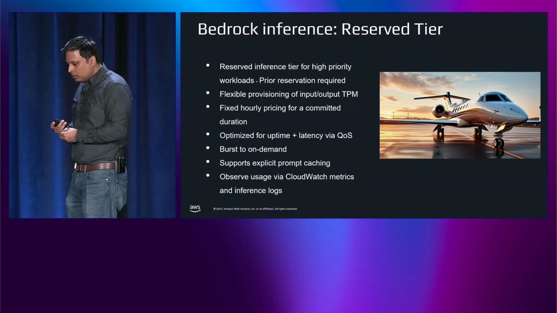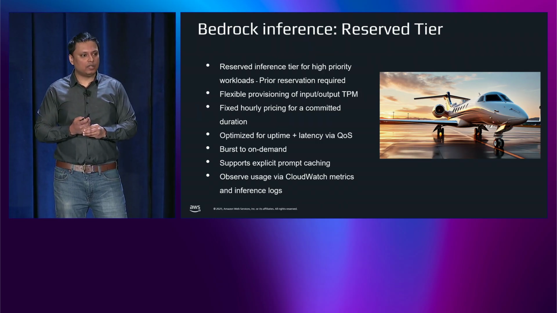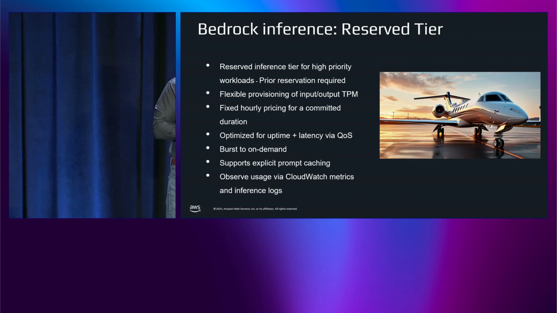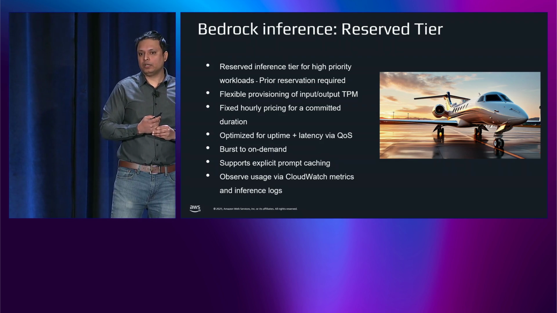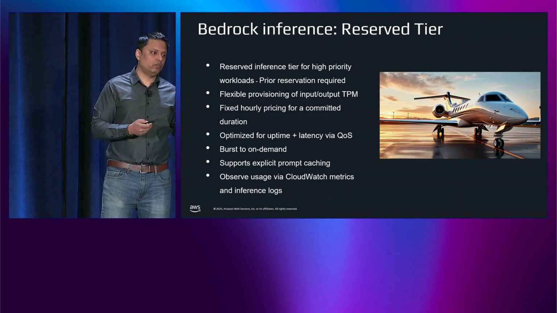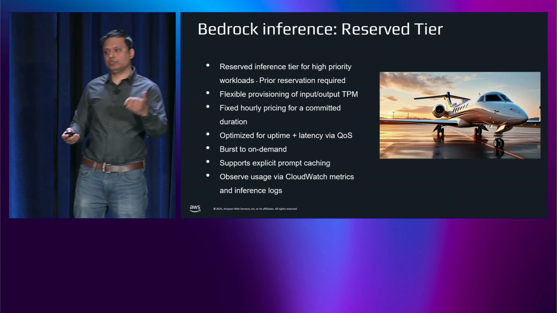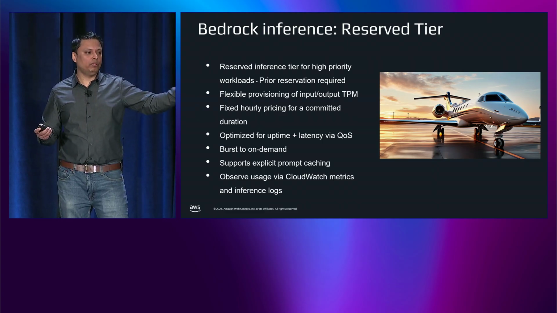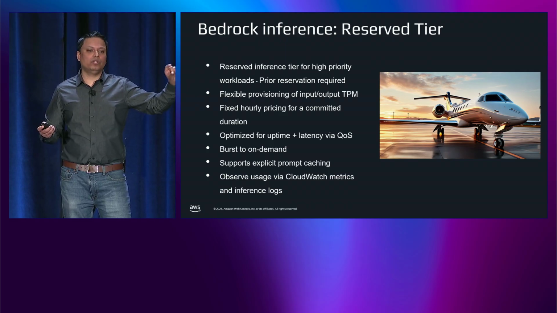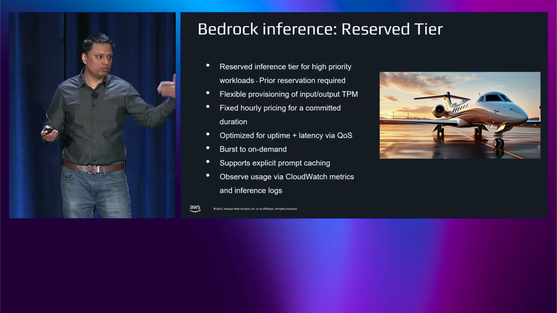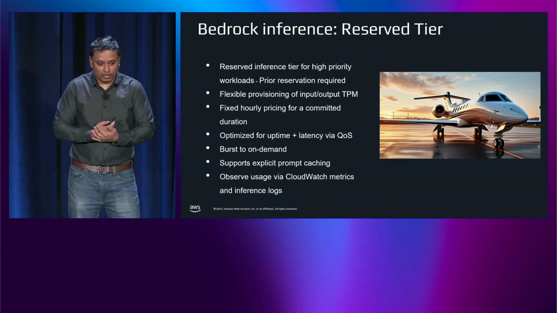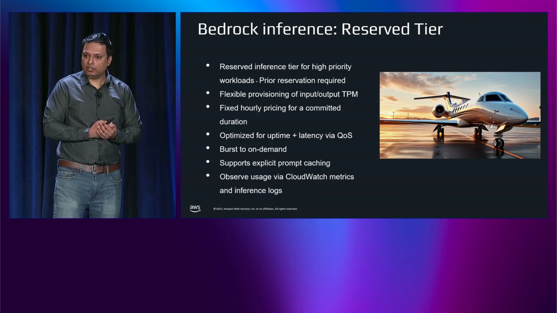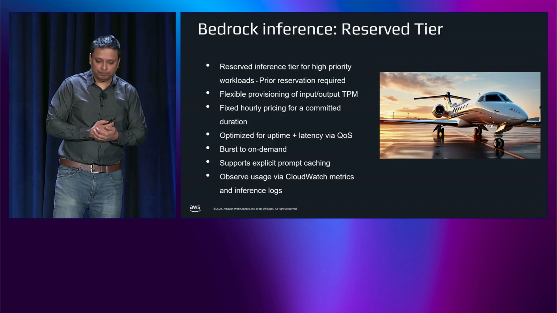Now, this is a premium offering, so it comes at a cost. It's a fixed hourly cost per 1,000 input and output tokens per minute. What that means is if you don't use it, you're still paying for it, right? And that's where your baseline comes into effect, where you actually look at your usage for a given use case and say, maybe I want to reserve only for P50, so that I make sure that I don't waste the reserved capacity. Most of the time, I will use it. But the cost of actually having this reserved capacity and processing guarantee, you are paying for it 24/7.